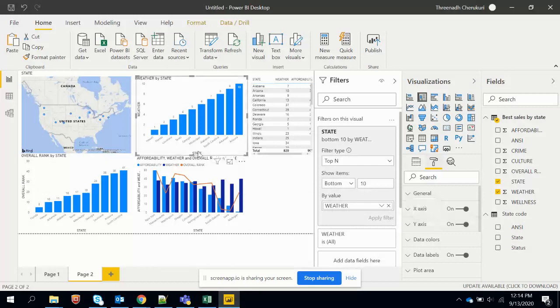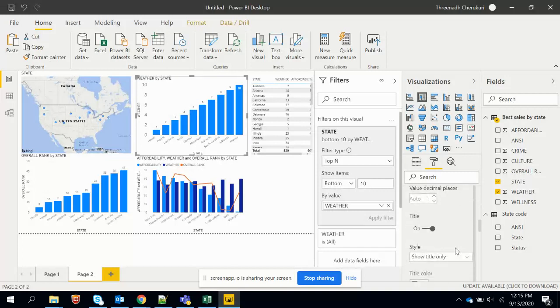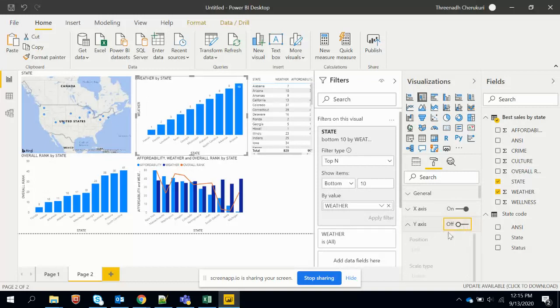Say if I don't want to show the title of the y-axis, I can adjust here. If you want to increase the font size, you can manage it here. And I want to also modify the title.